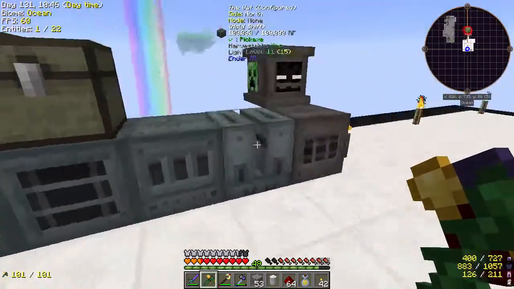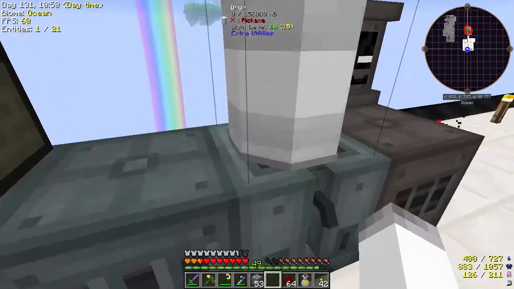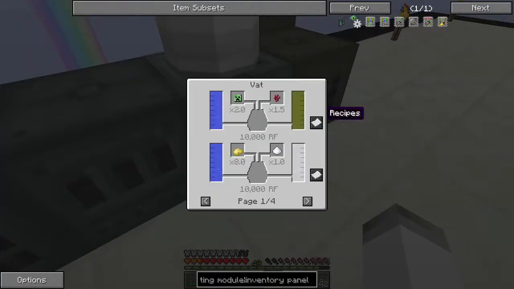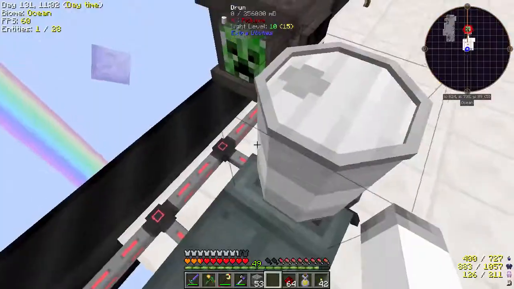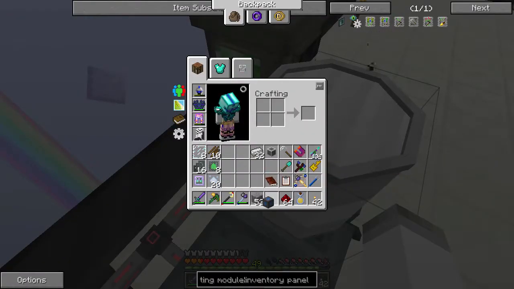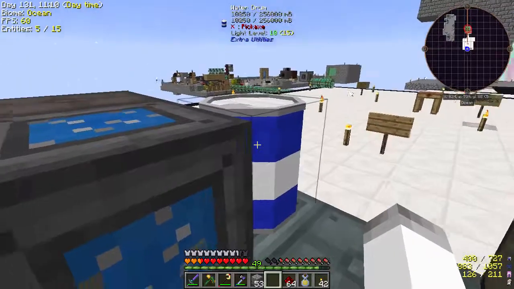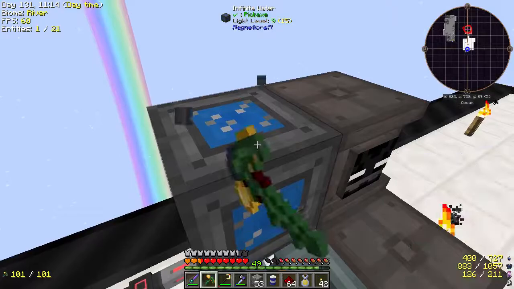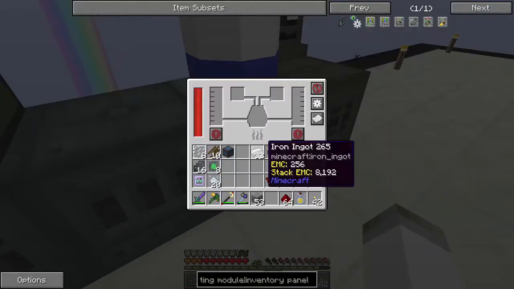So where is the vat? The vat is right here. We're going to put a drum here. And we're going to tell this, can we output there. And then we're going to put infinite water back here. No. Alright, alright, so we can't put it there. Let's go ahead and